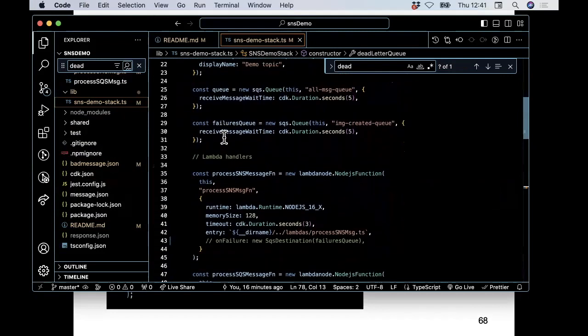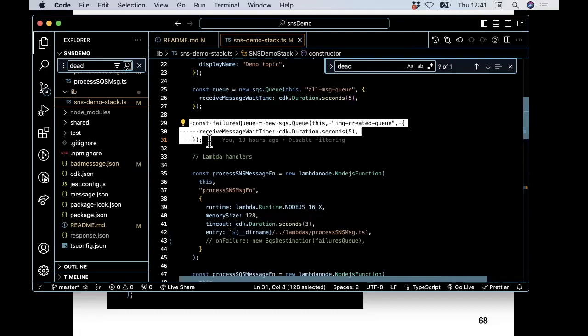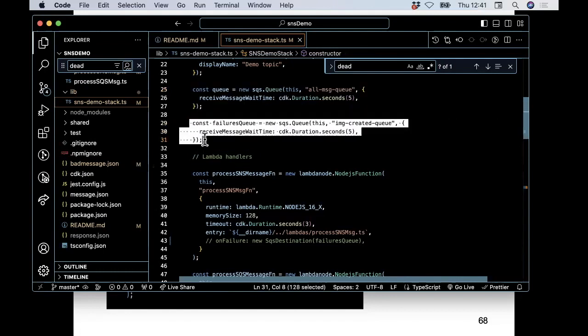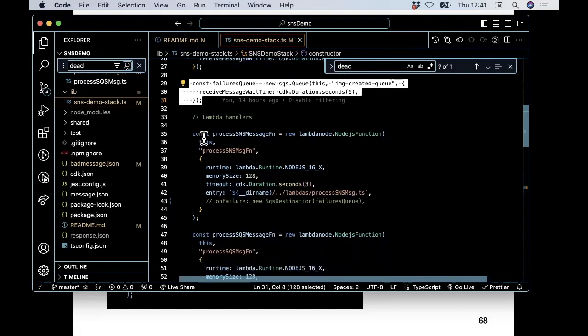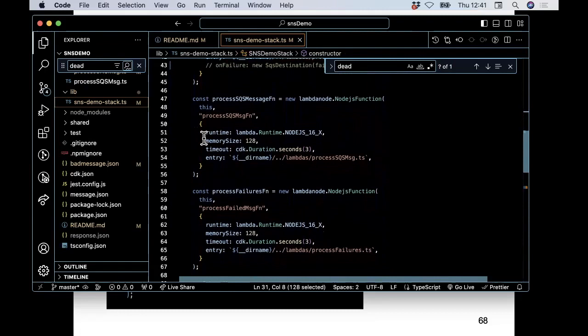I have this queue here as my dead letter queue. The other queue is just the queue that's subscribed directly to the SNS topic. So this is my dead letter queue, but it's just an ordinary SQS queue. And as I've already shown you on the slides,